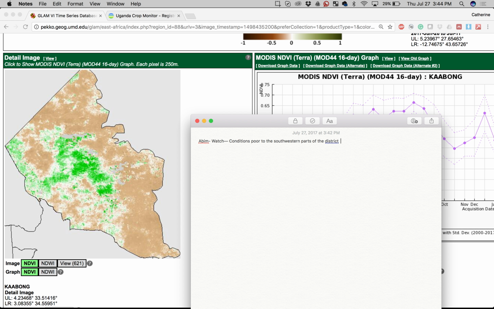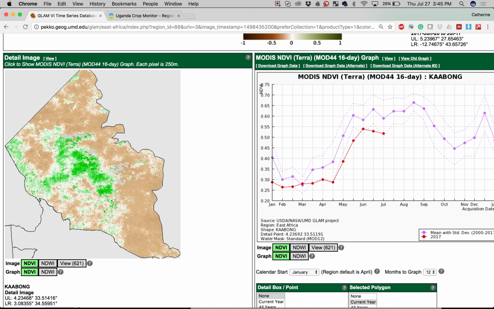That Kabong is watch, poor, because a large chunk of the district is way below average. Okay, so